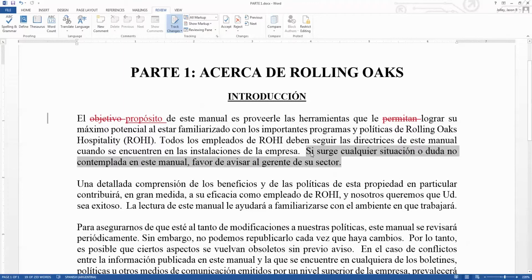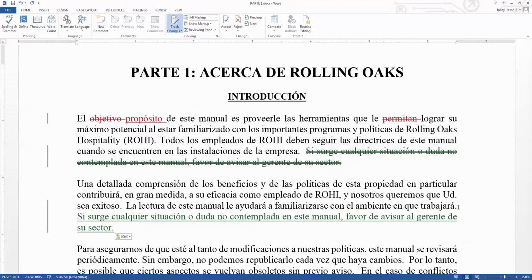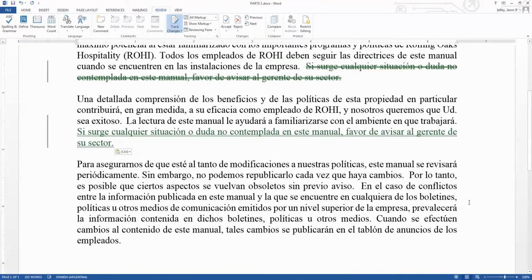I'm going to hit Control X and paste, Control V down here, and you'll see that it puts it in green and double underlines it. So that's basically Track Changes. It's going to show all the changes that you make in the document, right? And there are several, but again, like I said, resist the urge to make changes just for the sake of